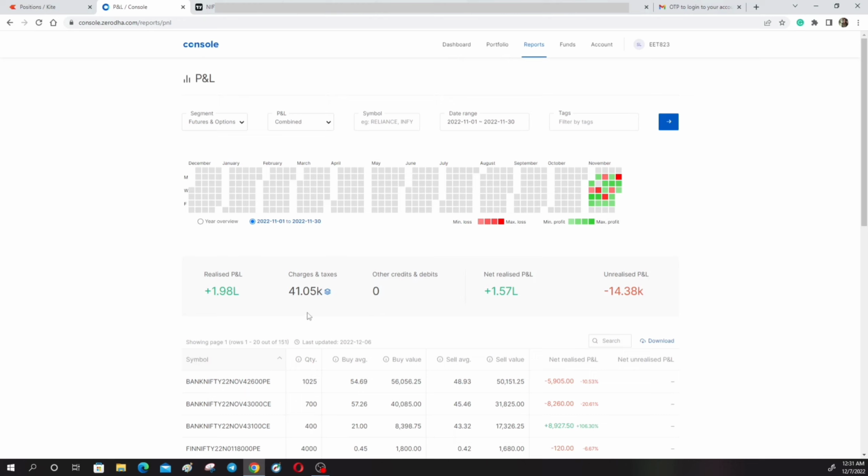If my charges on average fall in this particular range, then it is really good for me and I don't have to think a lot. But if it is going above 2.4k, 2.5k, then it is a matter of concern, and I start thinking about how to bring my charges and taxes back into that range. This month it is more or less in sync with what I expected.